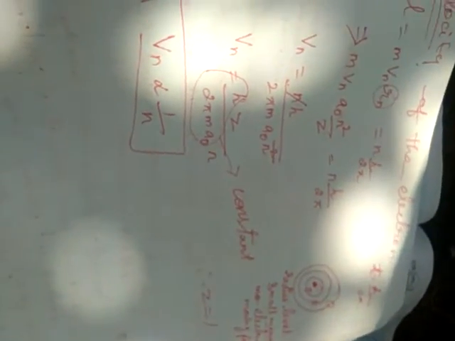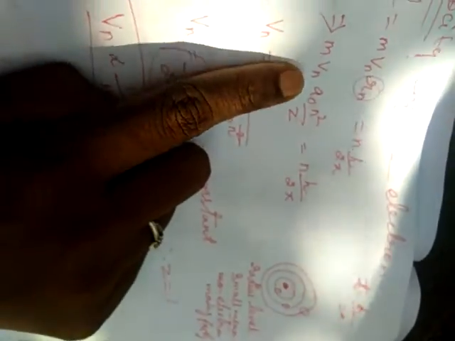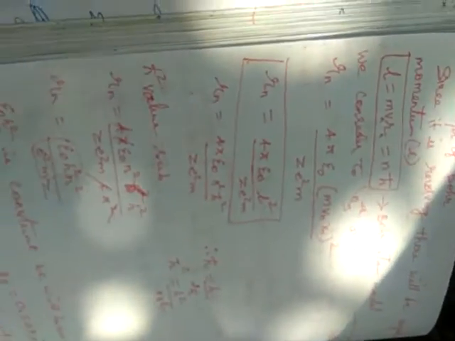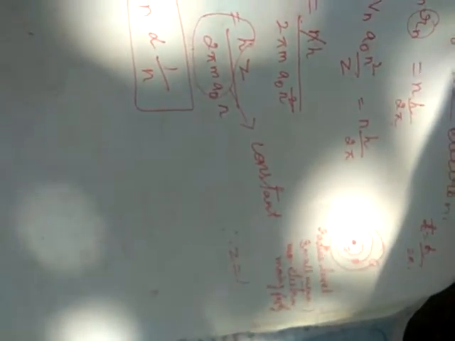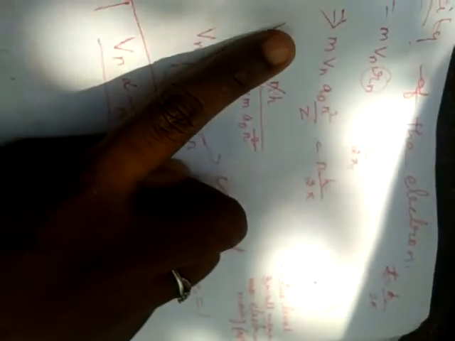Next you see the velocity of the electron. We take the same values, L equal to m v n r n. Now m v n a naught n squared z. Find out the Rn value, a naught n squared by z. Here z value is 1, so we come to that. So m v n we take as n h by 2 pi, okay? Now here this value and this value.